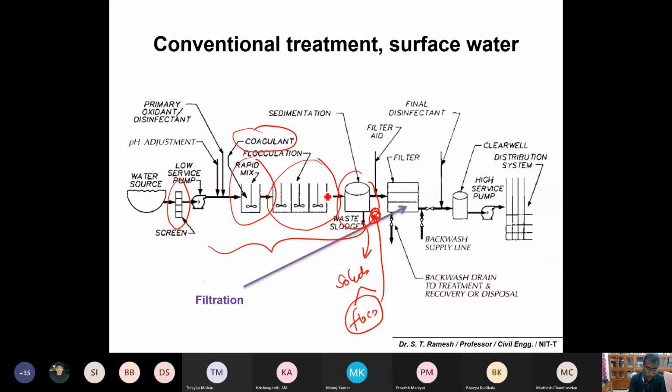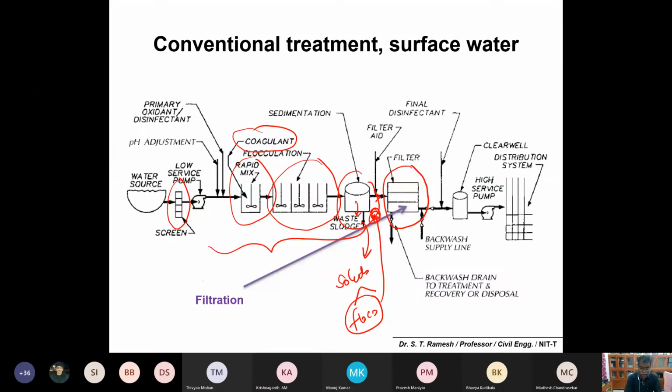After addition of chemicals, the particles destabilize and collide with each other, forming a bigger floc. The floc may gain gravity and can subsequently be removed in the sedimentation tank, and minute or tiny flocs will escape from the system. So now we are going to discuss filtration of water.